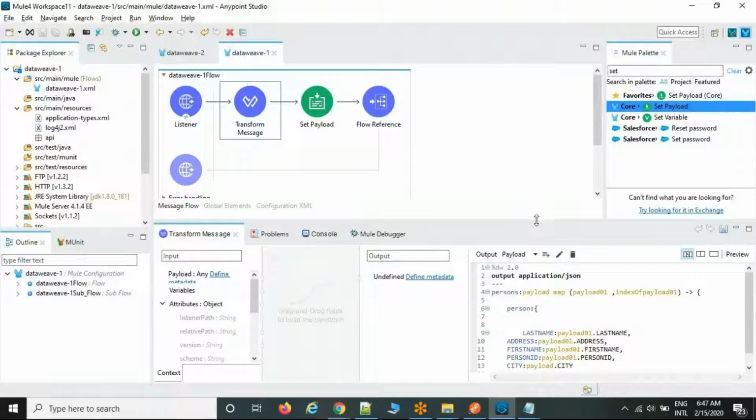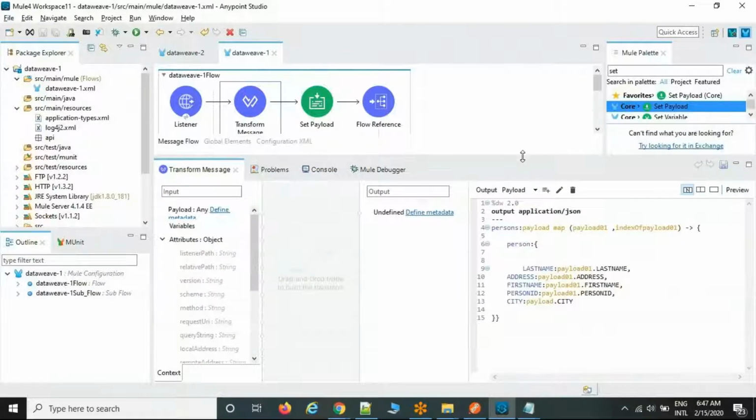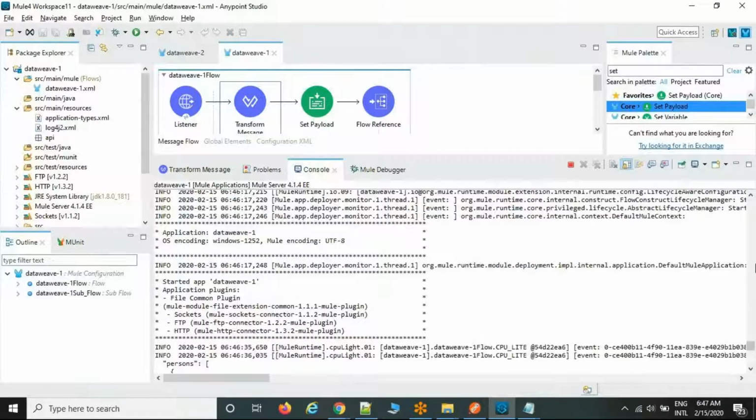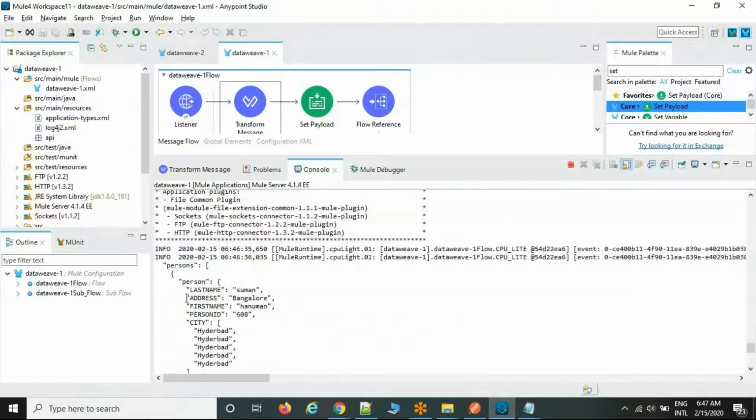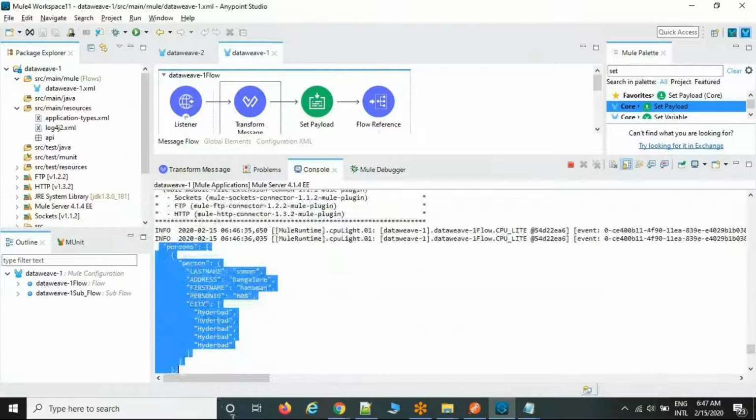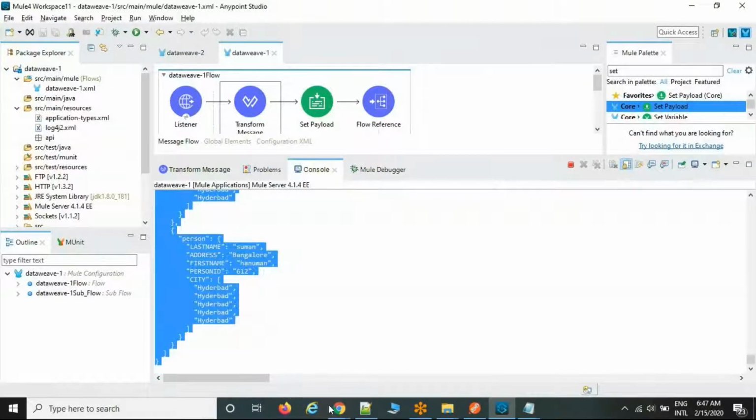And also, if you want to maintain multiple outputs in a Transform Message, for example, this is the payload and this is the variable. What is the structure of this one? This is the output. If you want, you can see the output here.